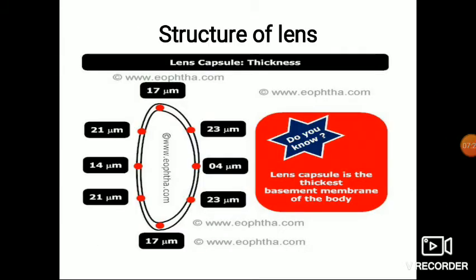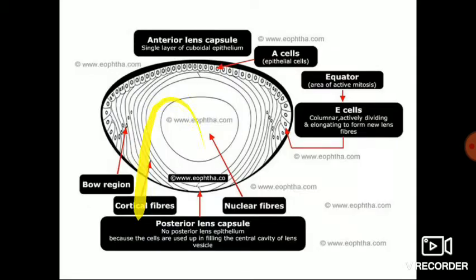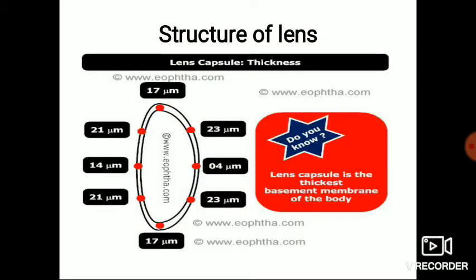The lens is histologically composed of three structures, that is the lens capsule, the lens epithelium, and the lens fibers. The lens capsule is a transparent covering that surrounds the entire lens. Histologically, it's a basement membrane secreted by the lens epithelium and the lens fibers. The capsule is produced anteriorly by the lens epithelium and posteriorly by the elongated fiber cells. It's made of type 4 collagen fibers and sulfated glycosaminoglycans.